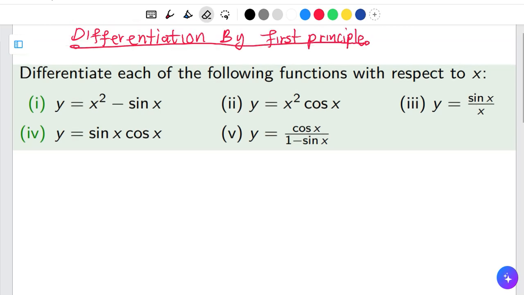Derivative of each of the following functions with respect to x. So let me start with the first one. So for the first one,